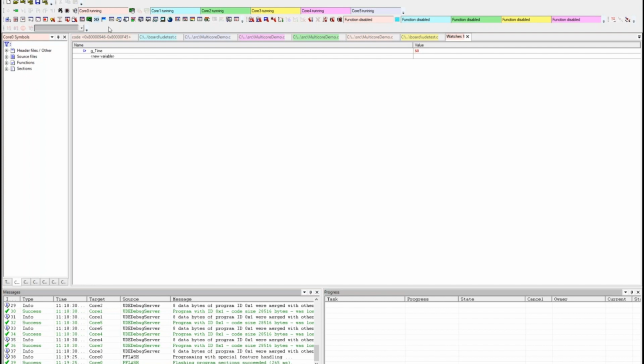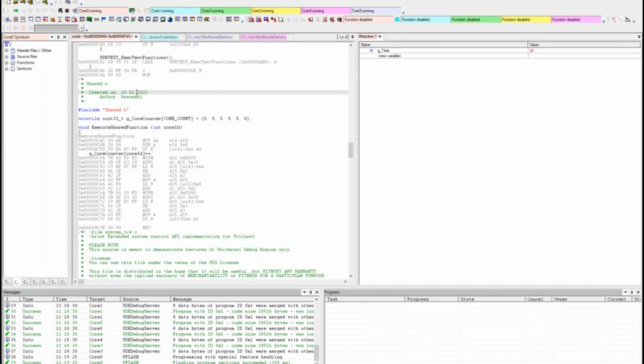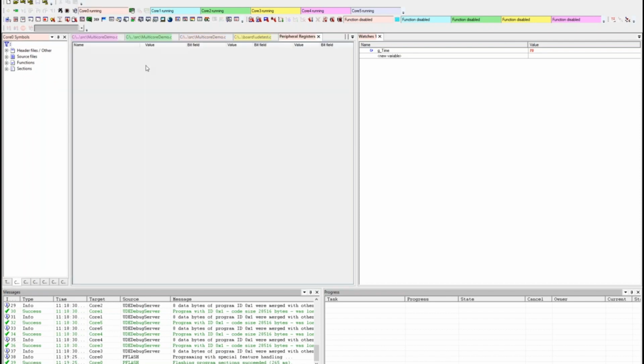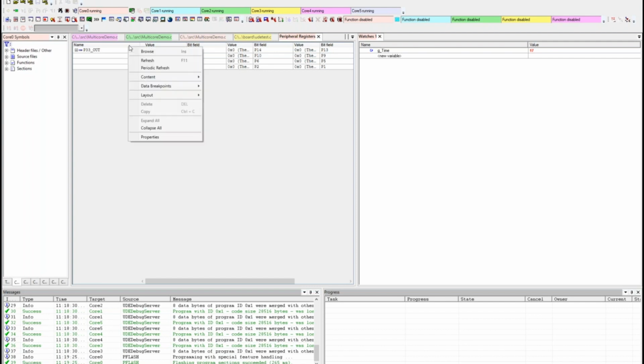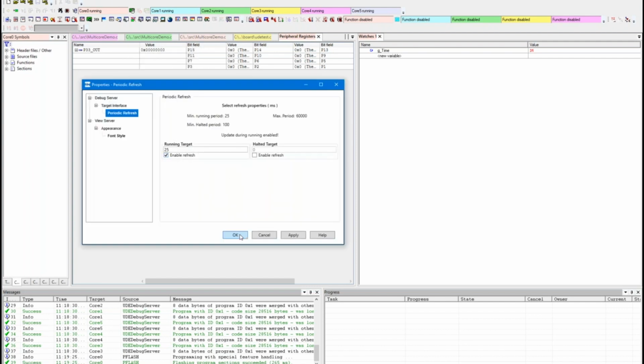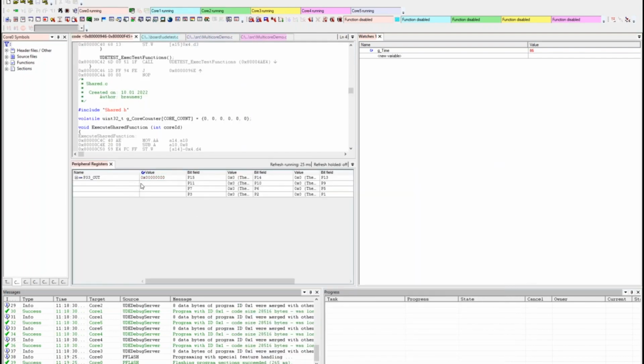If I run the application again, then you see the values are updated at runtime. Or I open a peripheral register window and browse for a register, maybe a GPIO register that controls the LEDs on my board. I can also enable the periodic refresh here, and then I can see the values changing that control the LEDs on my board. Okay,